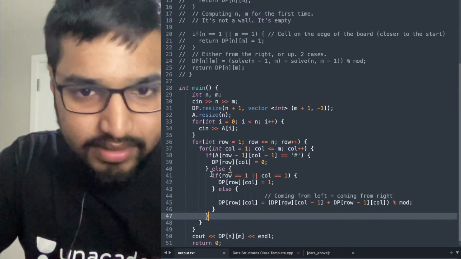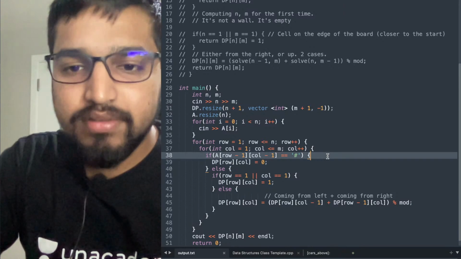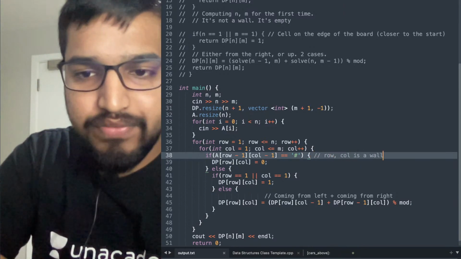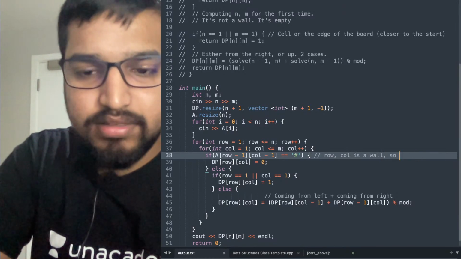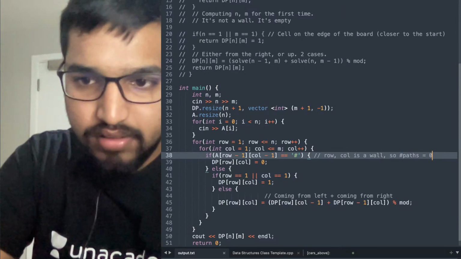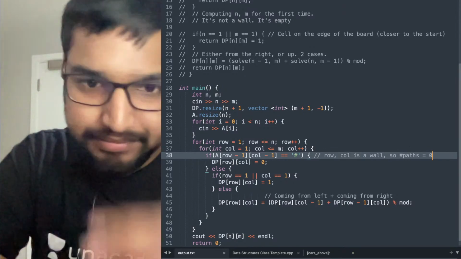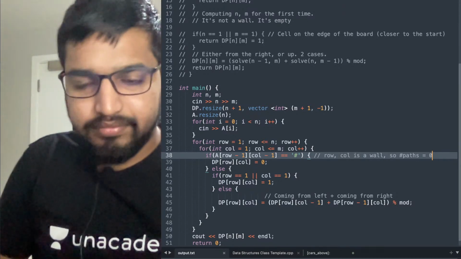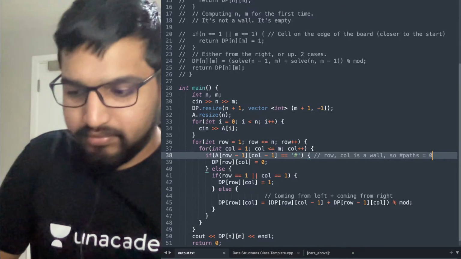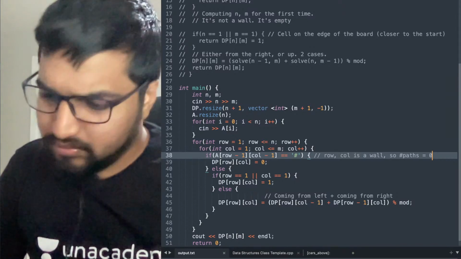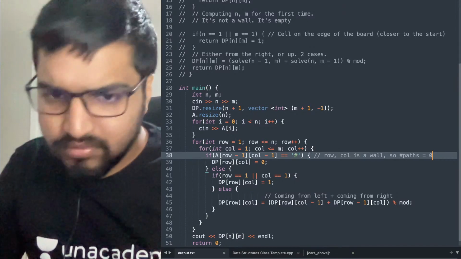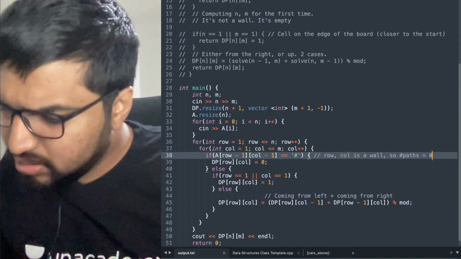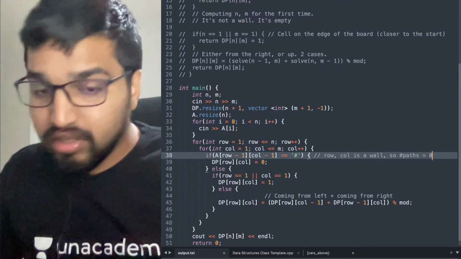Yes, line number 38. Okay, that's when it's a wall. It's a wall. So answer, so paths. Is this clear? Is this clear? In line 38, why are we taking? No,